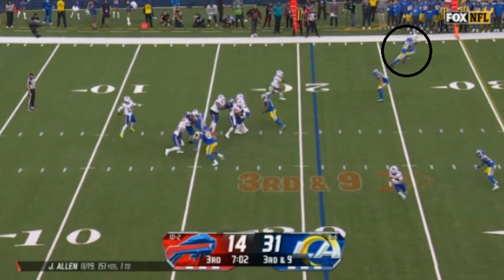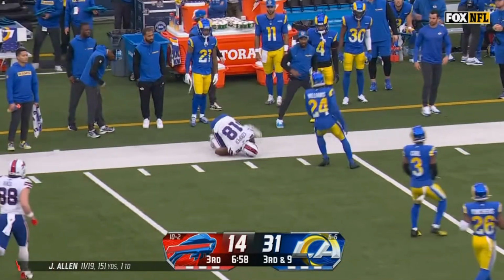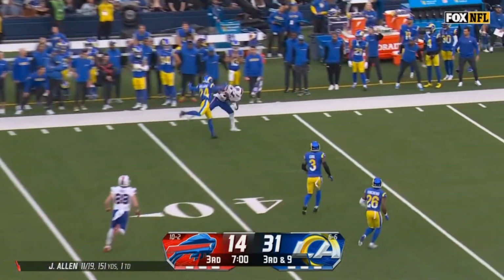Hopefully the defensive player can't really play the ball. Cooper can, and he can make the grab. And as you see, it's just a perfect throw, gets just over the defensive back, and Cooper is able to make the grab. That's kind of what they need, right? They need Cooper to be able to win these one-on-one matchups, and he's done it so far this season, which is